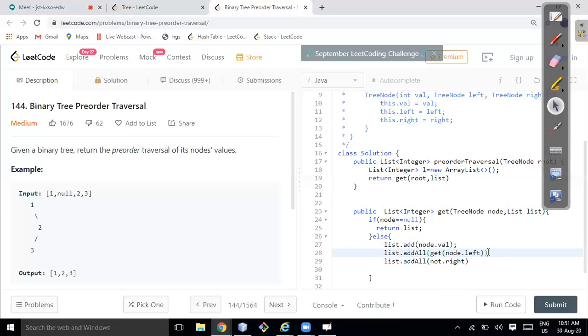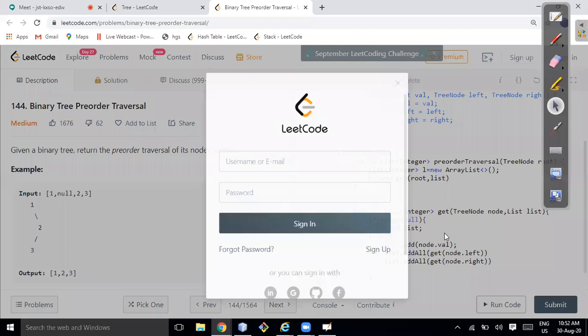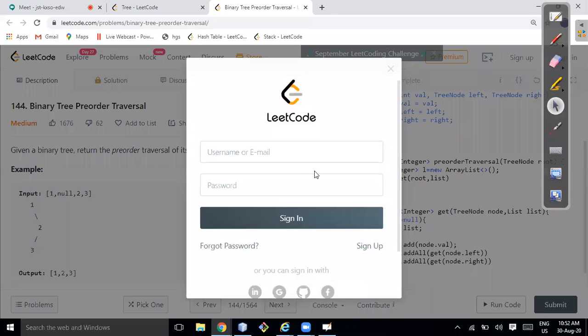Anyway, I'll explain this later, but I'm just trying to do it here. No, it won't work. Manish, is this from Java's list collections? Yeah, Java list. List is Java list collection. One second. Node dot left, node dot right, list. Okay. So let me run this code.